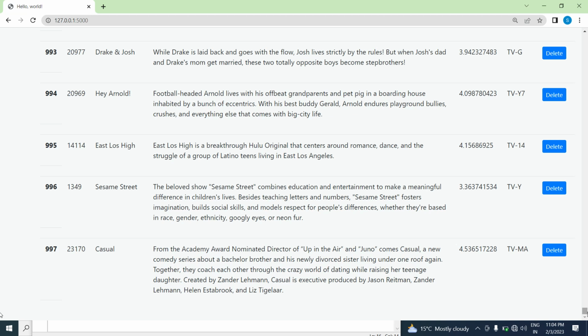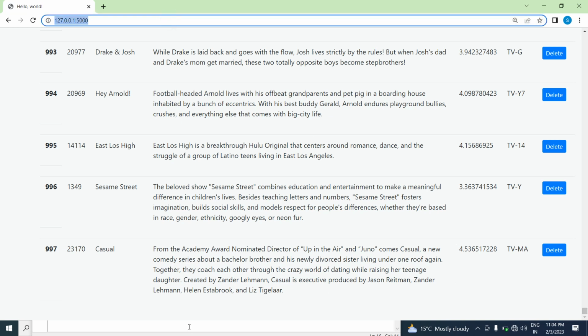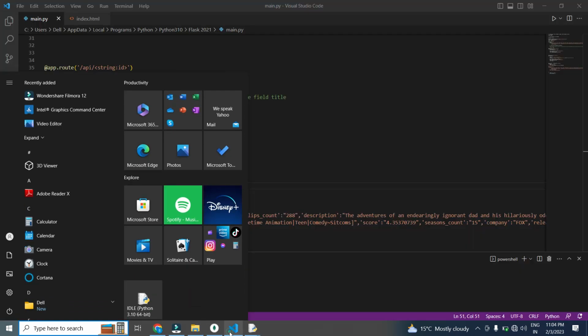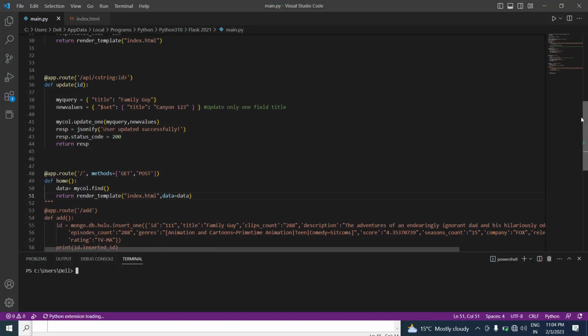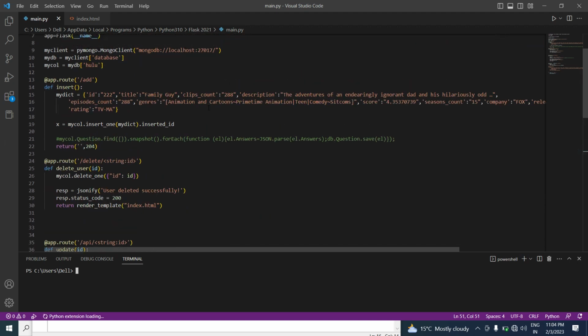And the second thing, suppose if you want to add the data, then we'll go to the code. Here I'm creating one route, slash add. Here I'm passing the query. Firstly I'm storing one creator variable, my dictionary, and here I'm passing the fields which are available in our data set, with the key values. And I'm using the query mycol.insert_one and passing the variable name which is called